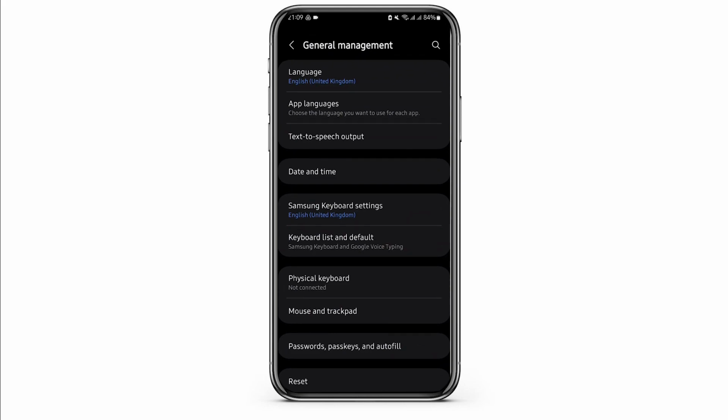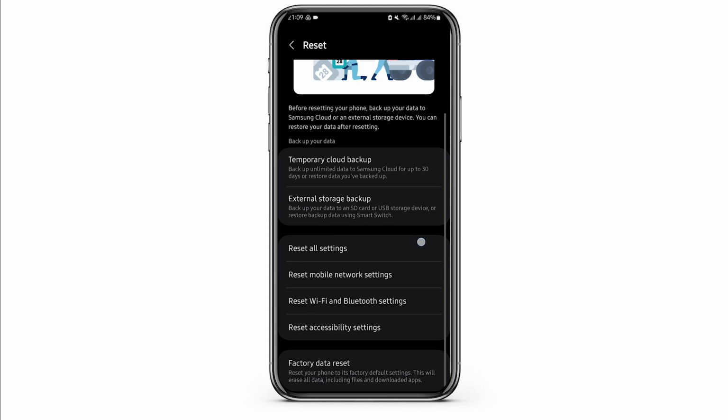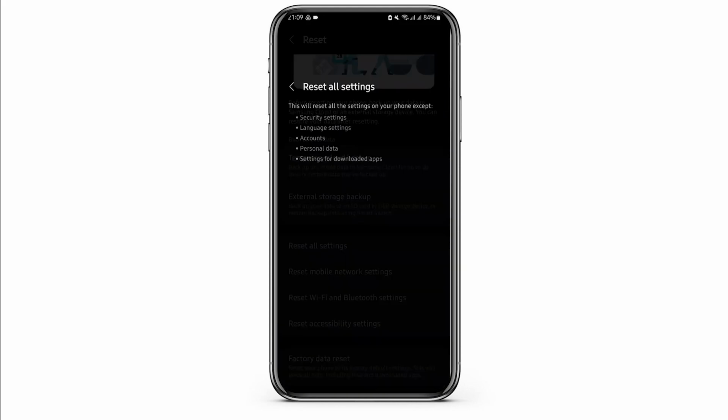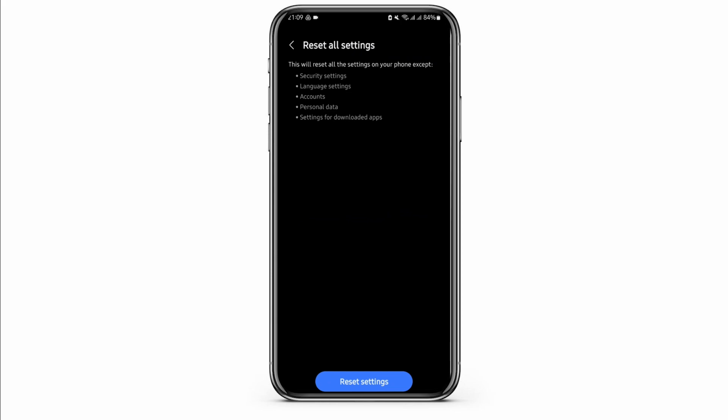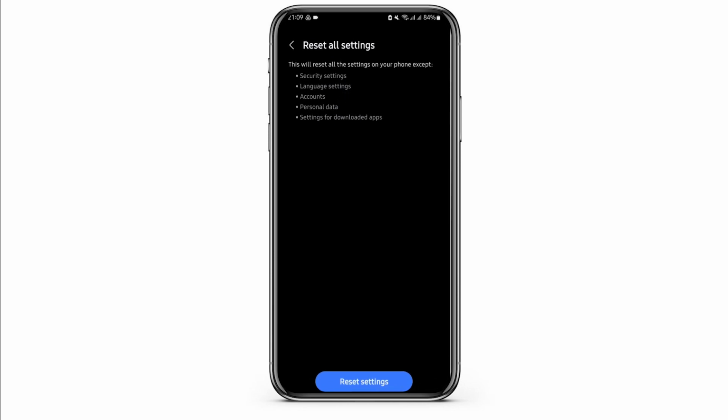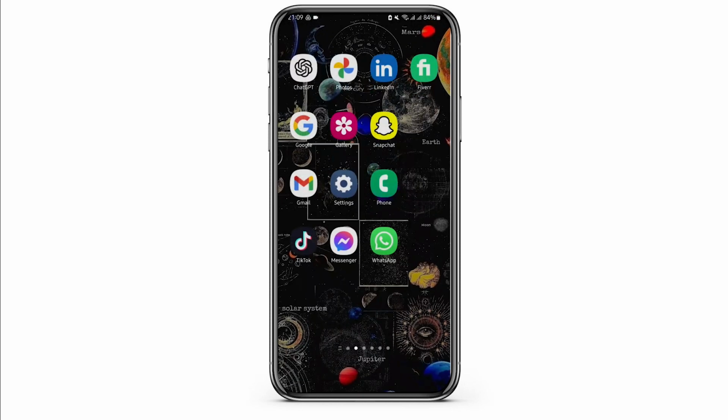In here, tap on Reset at the bottom of the page. Now here, tap on Reset All Settings. So it says that this will reset all your settings on your phone except for the things that have been listed. Tap on Reset Settings, and for security purposes, simply type in your phone PIN